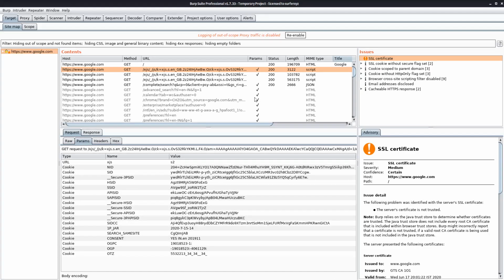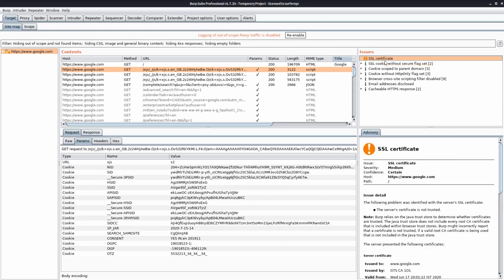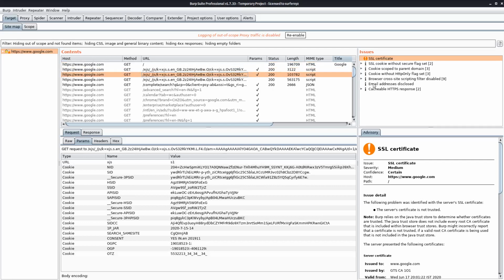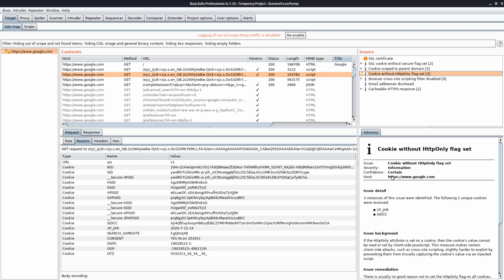Okay, now let's move to this. This is Issues. It shows the potential issues which can be present with the domain. This is not the final thing, but it can be a lead that yes, there has been some issue with this subdomain or the URL we are clicking on. We just selected it, and we can see the potential issues and the details of the issues, the severity, the confidence, and the host here.